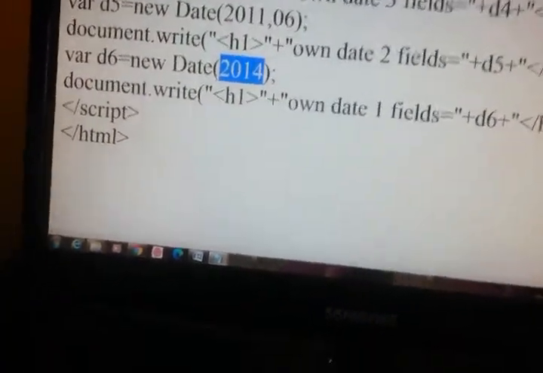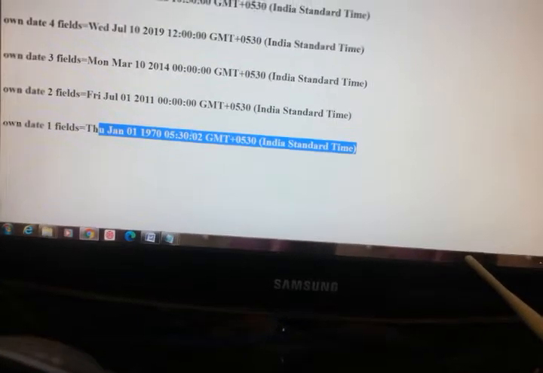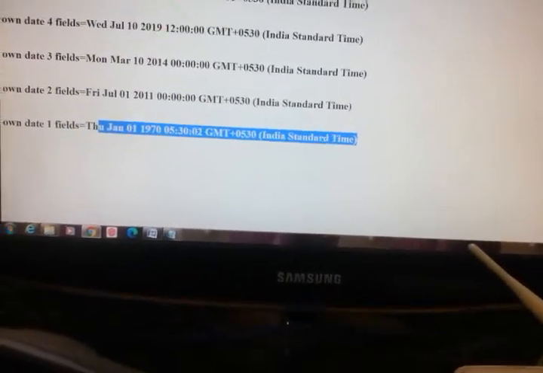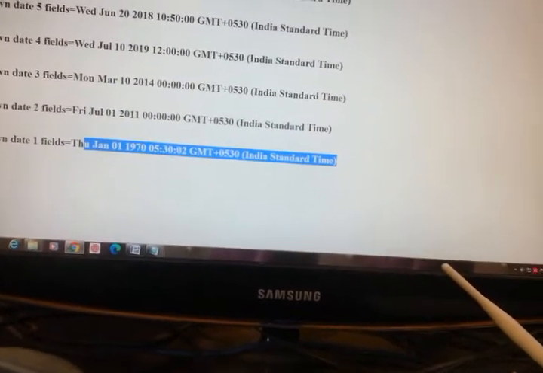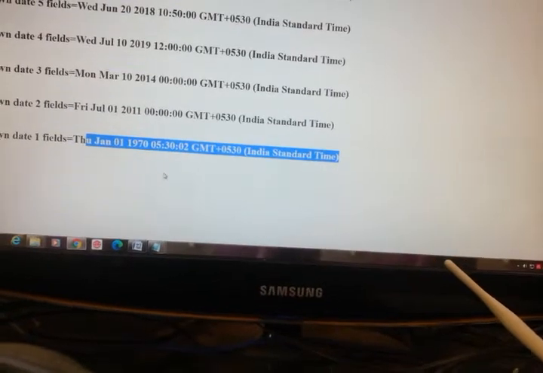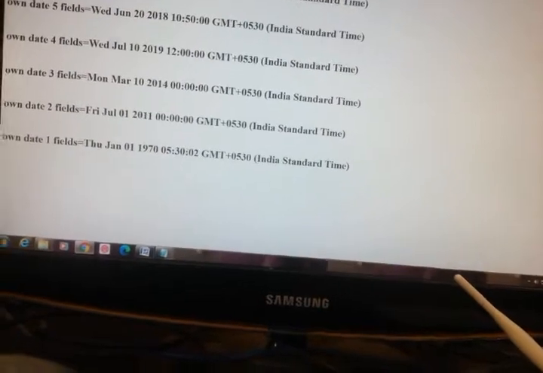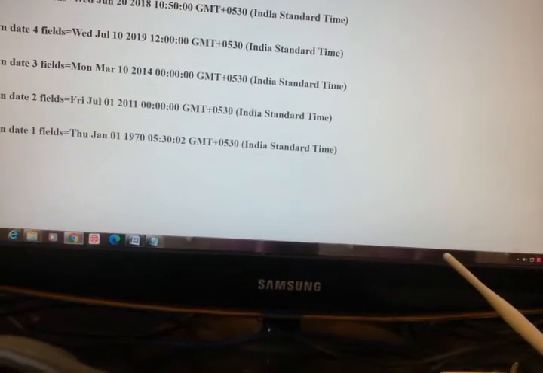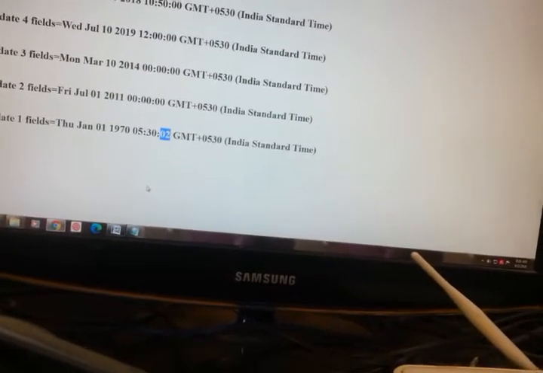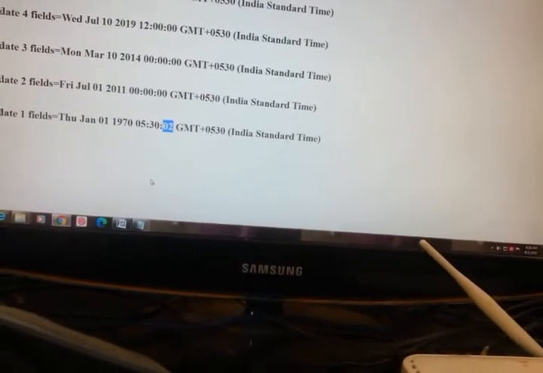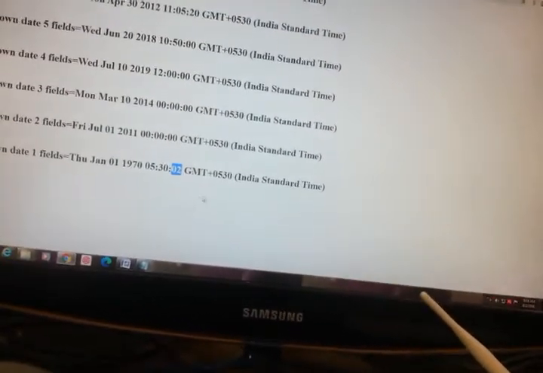Milliseconds means the year is taken from 1970, and 5:30 is the common time. I have given 2014, and 2014 means 2 seconds. As milliseconds, 1000 means 1 second, 2000 means 2. So again 2014 it has got 2.